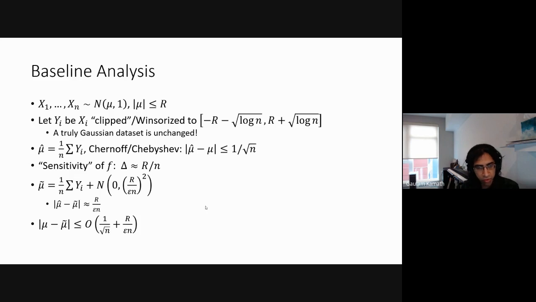There's nothing too fancy going on here. If you didn't follow, don't worry about it. But yeah, it just says that this is where the error comes from. So it seems like a lot of error comes from this latter step in particular, where we just do the clipping and add noise because it's still relatively wide. Cool. So that's how the analysis goes in this sort of very simple case.